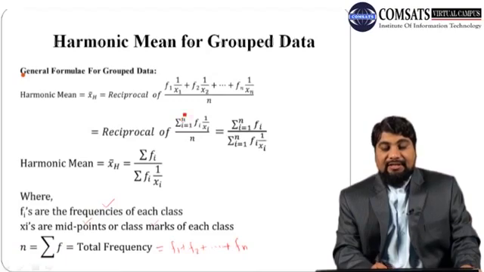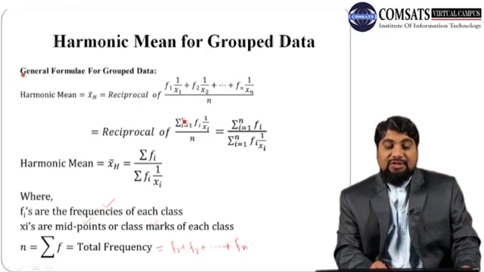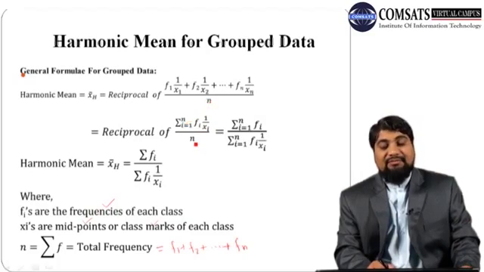In the next step we can write this formula by using summation notation. We have f1 times 1 over x1, then f2 times 1 over x2, and fn times 1 over xn. All terms are added together, and the only difference is that their subscripts are different. So we can write in summation notation as summation fi times 1 over xi, where i ranges from 1 to n, and whole over this n, as it is our summation f. We have to take the reciprocal of this thing, so it means it will be n divided by this.